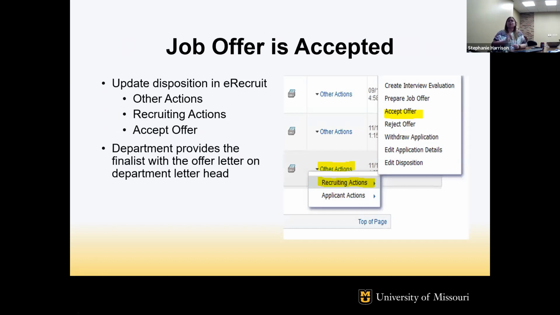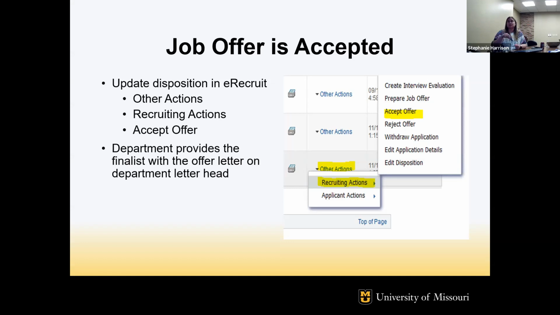Now, I do want to point out, we've not had a problem with this recently because of a change that happened about a year ago, or maybe a little before that. There's technically two ways in the system that you can go in and accept the job offer. Only one of them will send the email to us letting us know to either kick off the CBC and the POET, or just send it off to the NER folks so that they can prepare the offer or prepare the hire for you.